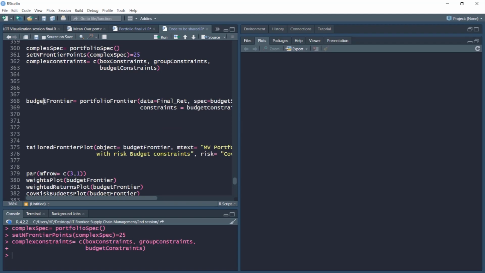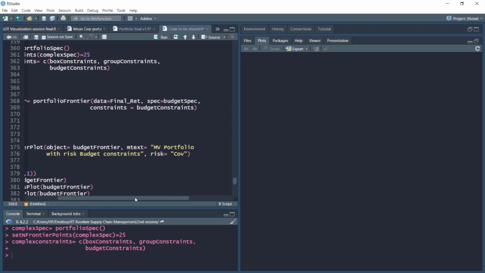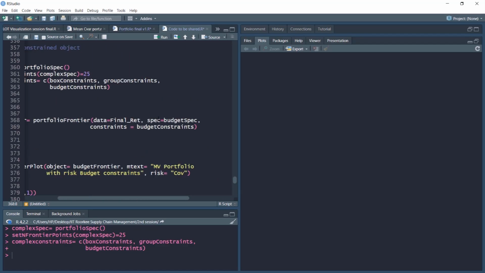box constraint frontier. So let's call it complex frontier. So we'll call it complex frontier, and here instead of normal constraints and specs, we need to specify the complex spec object.